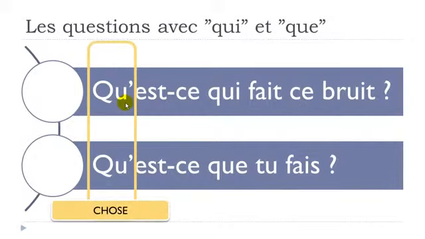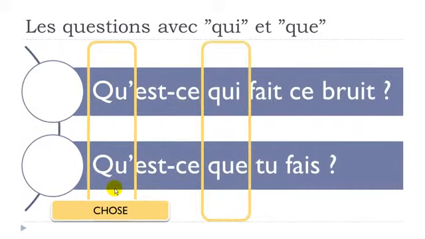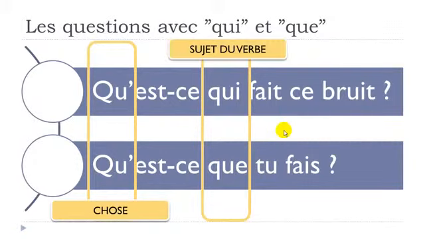First part, we use this que because we want to have the information regarding a thing. Okay? So we had qui previously and it was for a person, and then que it's for a thing. So it's not for a person, so que will be for a thing when you start the question with it. Okay? And then here, remember we've got this qui here, and then we've got this que here. Well, it will be exactly the same idea that we had previously.